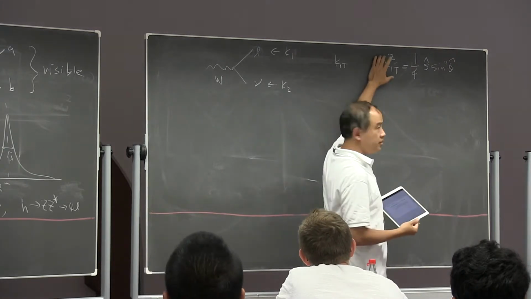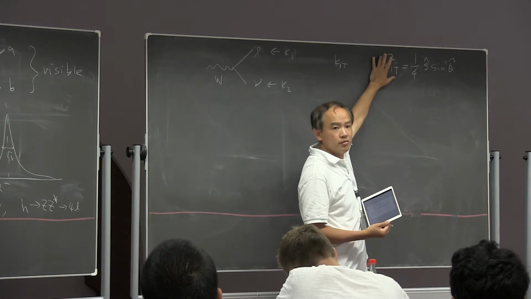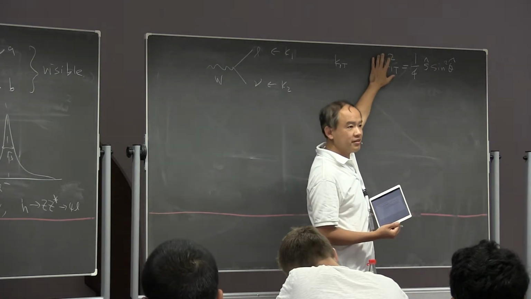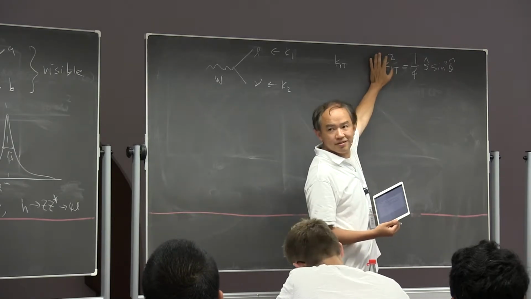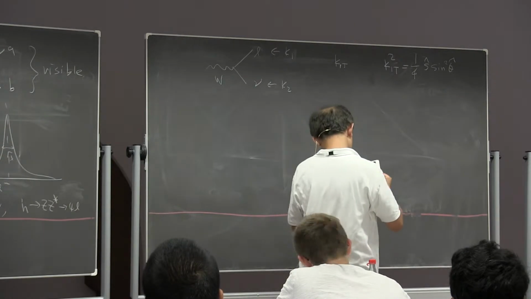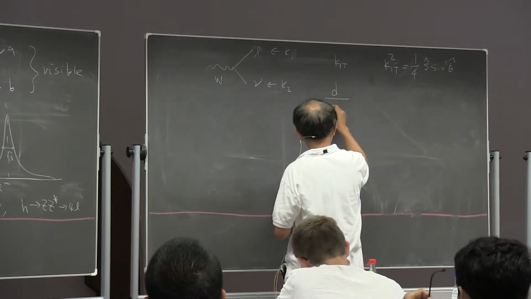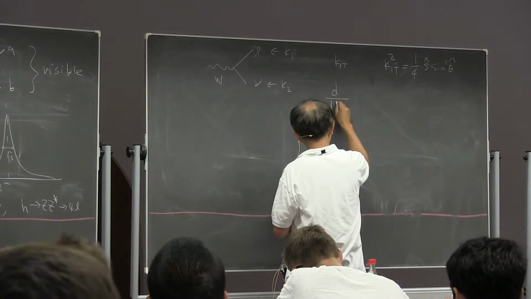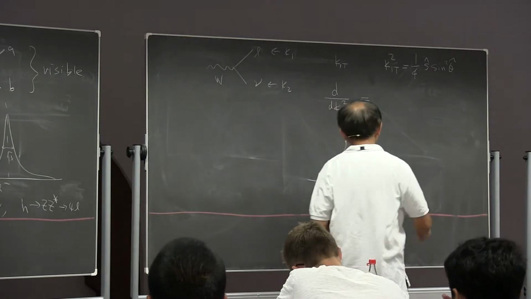But this is Z boost invariant, so this means that I can calculate in any frame I want. So I'm going to calculate it in the parton center of mass frame, where W is at rest. And from this, you see that dK1T square is